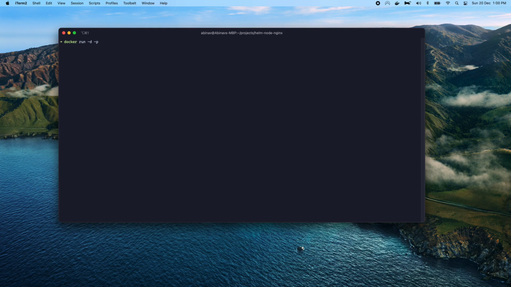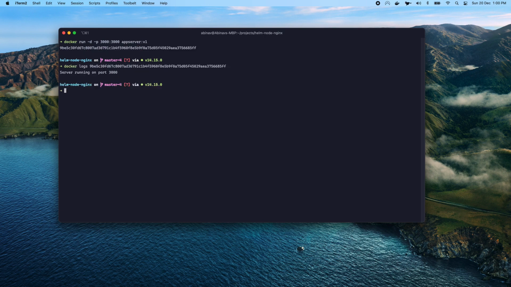Then you can pass in the -p flag to map a host port to the port that has been exposed by the Docker image. So for example, here I want my 3000 port to be mapped to the 3000 port exposed by the Docker image. And finally, we can pass in the image name, which in this case is app server, and the tag is v1, right? So the moment we run this, we get a SHA, and we can check the logs for this SHA by just running docker logs on it,